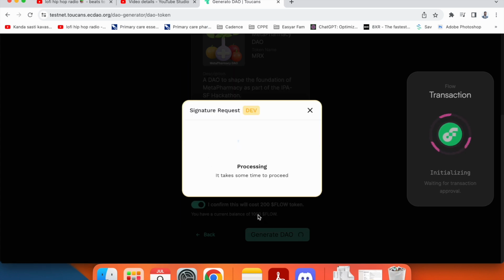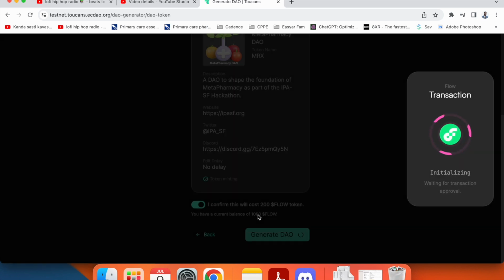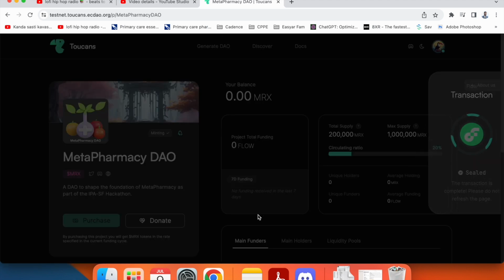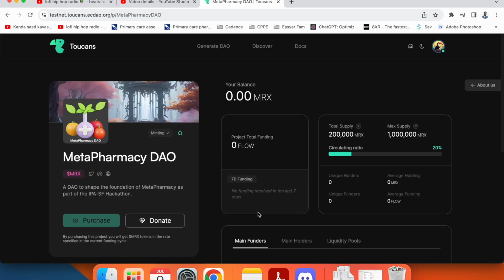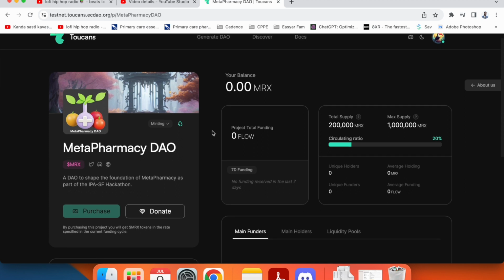You must approve it. And boom, that's it. You've created the very first DAO on Flow blockchain,